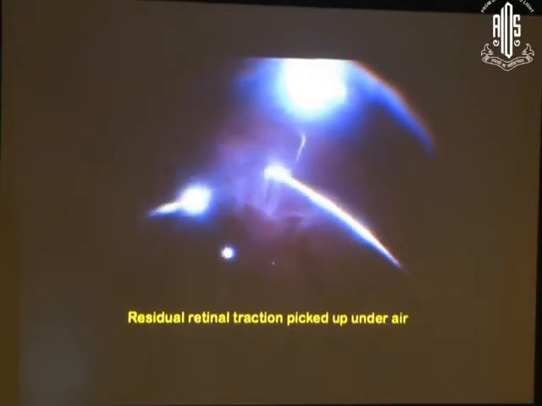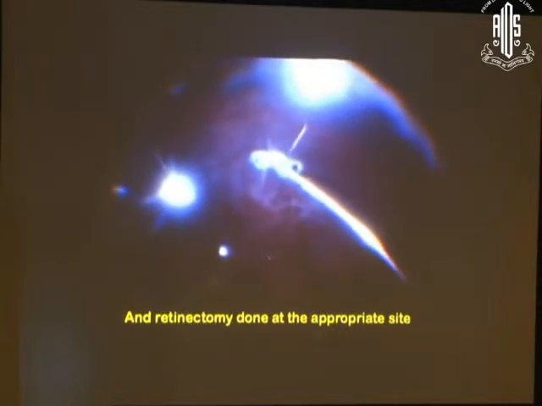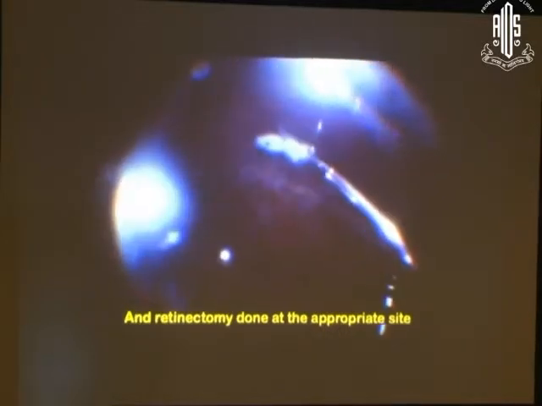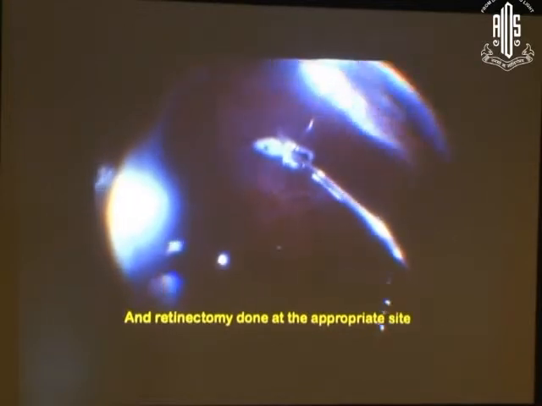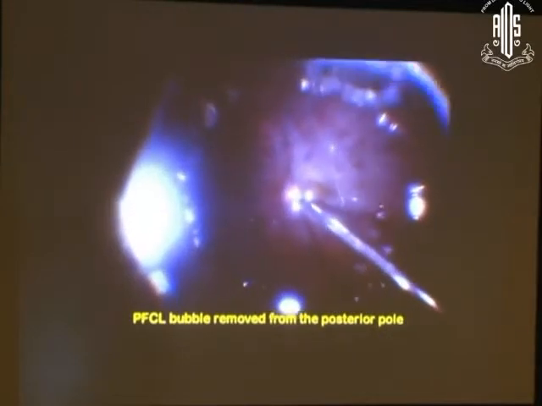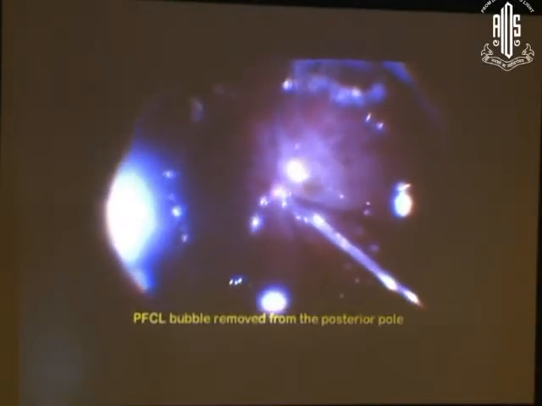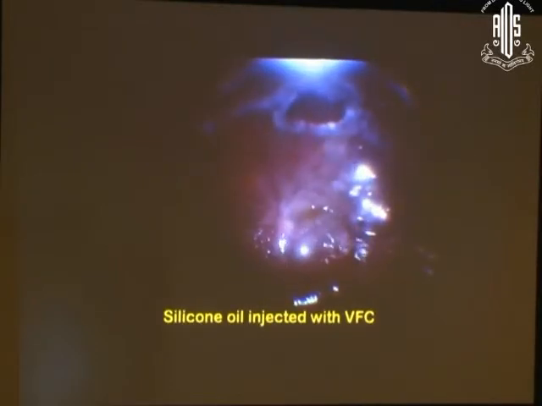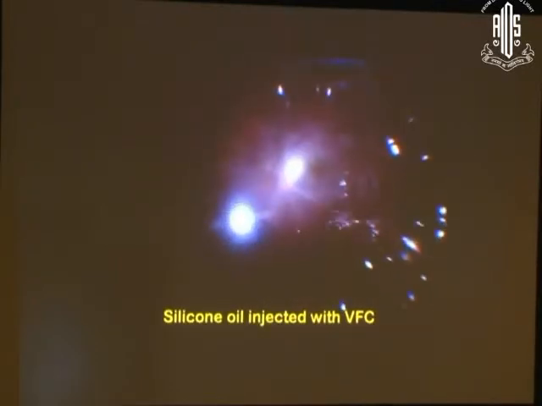And again, the fluid air exchange is set at 30, so that it's not a forceful compression and settlement of the retina. Again, in this area, there was a tautness which was remaining, and we had at least removed all the obvious pre-retinal membranes. So you had to do a retinectomy in that area. This is under the air though. PFCL bubble is removed from the posterior pole, and silicone oil is injected with